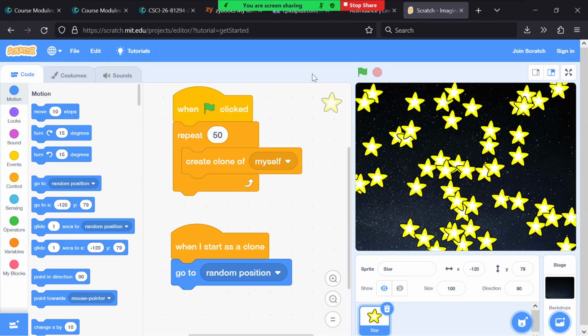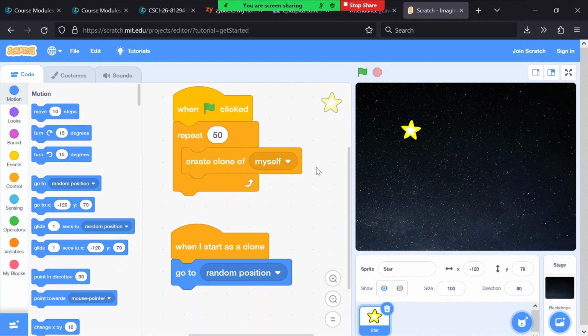That's much better. 50 clones and 50 random spots. Any questions about this code so far? Yeah. Remember, I am sharing my screen on Zoom if you'd like to come and watch it. You don't have to look over your screen. So, I'll click the stop to get back to the original one, but that's not as cool as it could